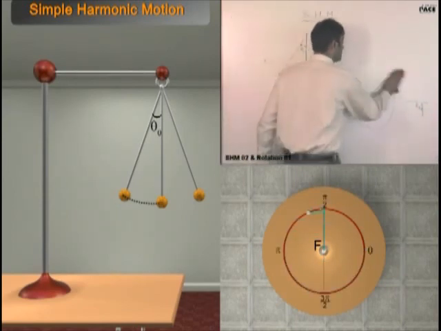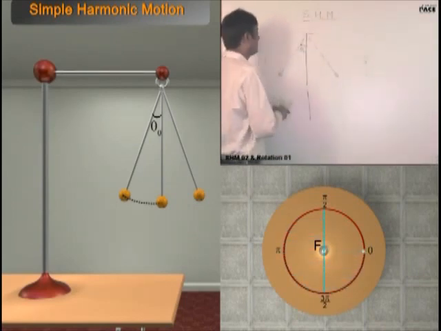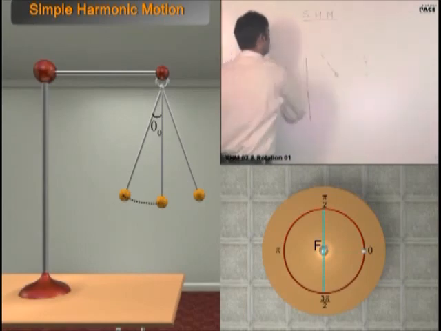So one minute, now answer. Please tell me, I want to correlate the motion of a pendulum or simple harmonic motion of any nature, the simplest nature, let me take,